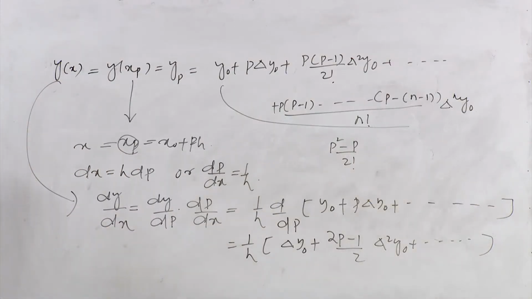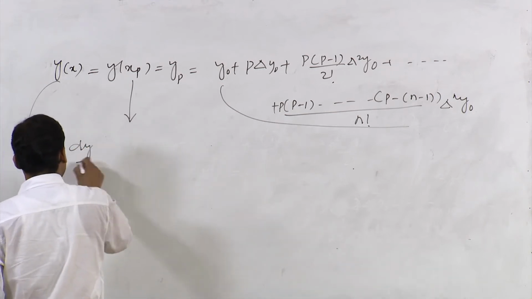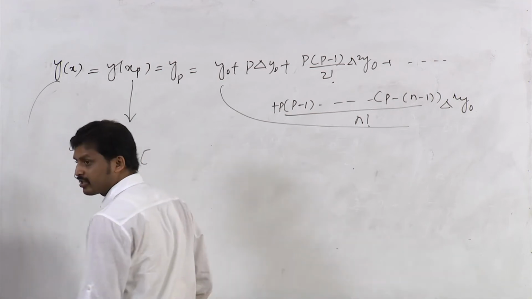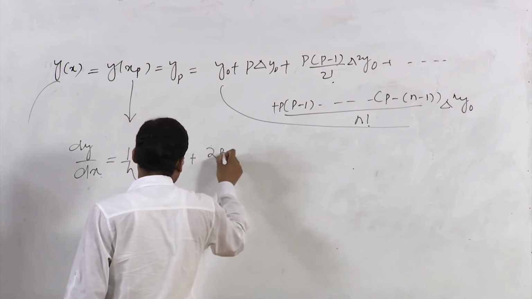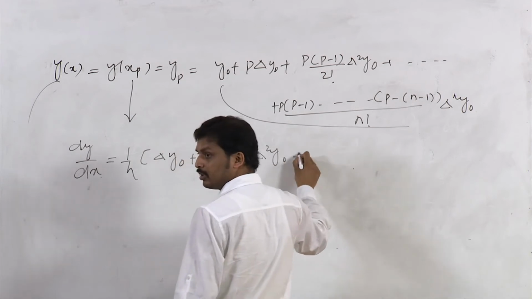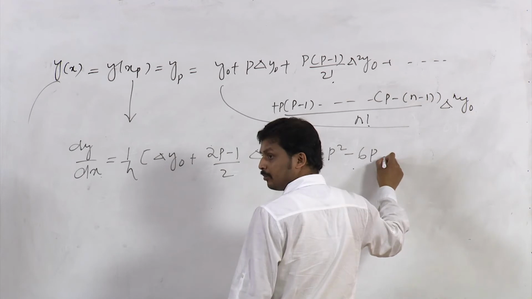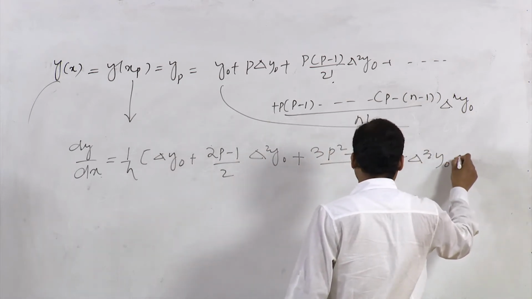So in complete form, dy by dx can be written as 1 by h, del y0 plus 2p minus 1 by 2 del square of y0 plus 3p square minus 6p plus 2 by 6 del cube of y0 plus